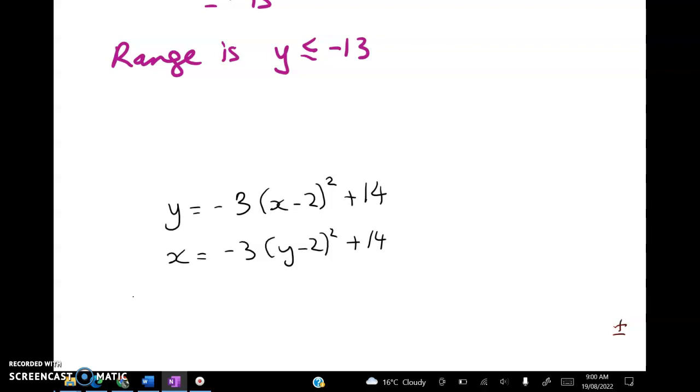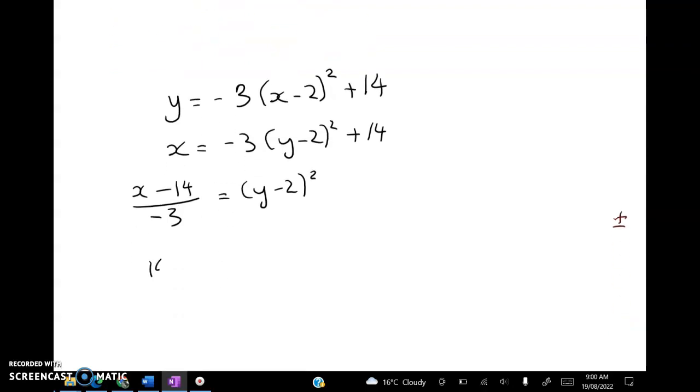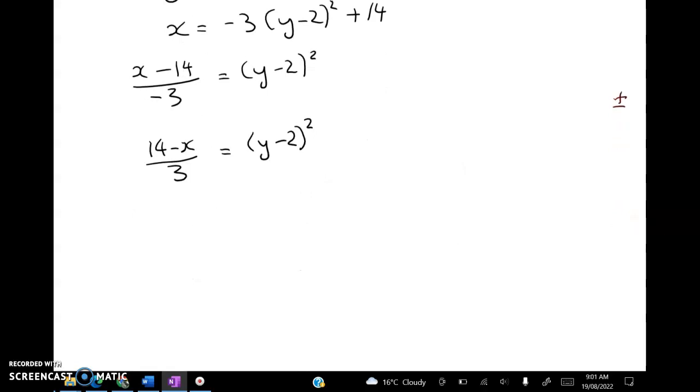And we're going to make y the subject. So we get (x minus 14) over -3 is equal to (y minus 2) squared. Fixing up the left-hand side, I'd rather write that as (14 minus x) over 3. It just looks better. That's also what the mark schedule did. You don't have to do that, but just having a negative on the bottom line, to me, looks really